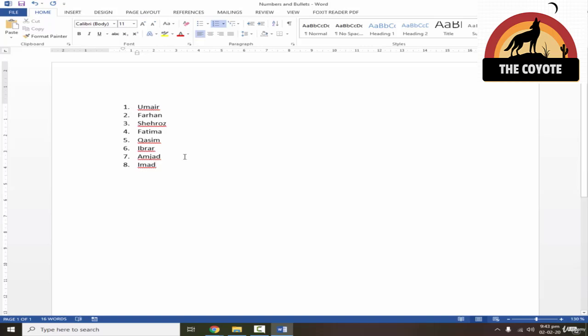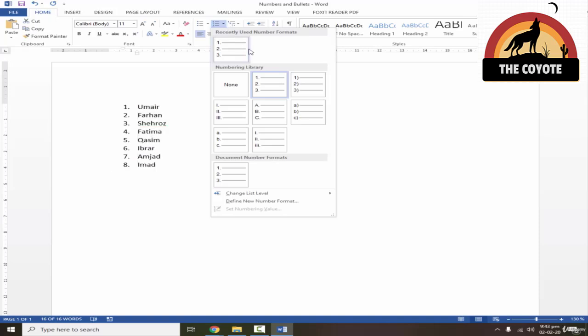So what I'll do is I'll just select complete data, and under the numbering options you have multiple options to choose from. You can either change it to ABC or this Roman style. You can change it to any style. So let's change it to round brackets.